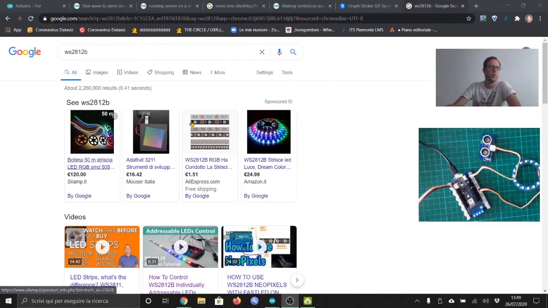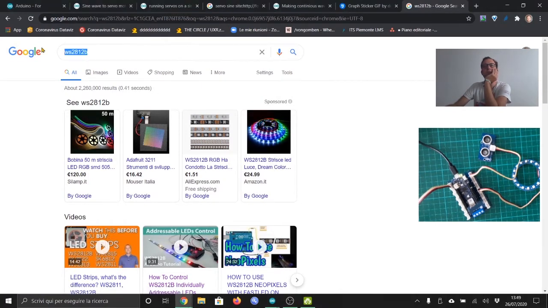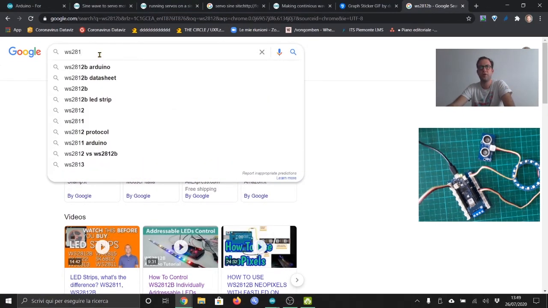A lesson we are going to dedicate to the use of LEDs and more specifically the use of NeoPixel. NeoPixel is a special kind of LED which is not actually called NeoPixel. NeoPixel is the name given by a producer of these LEDs called Adafruit. The name of NeoPixel is WS2812. Whenever you look for WS2812 or 11